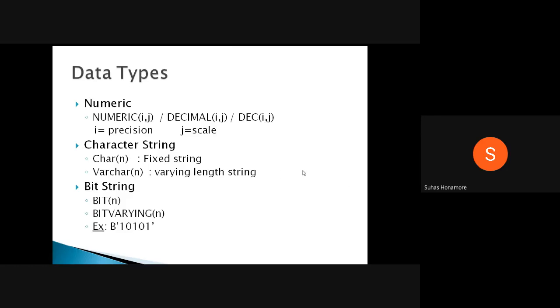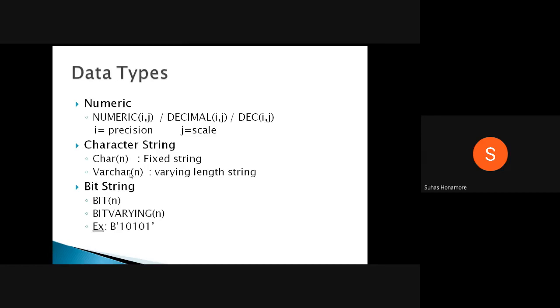If you are inserting a value that is less than that, instead of wasting it, that memory may be used by some other attribute in future. If your system requires it, that memory will be used by the system for some other purpose. So the better approach is always to use varchar. So this is a varying string length. That is varchar.